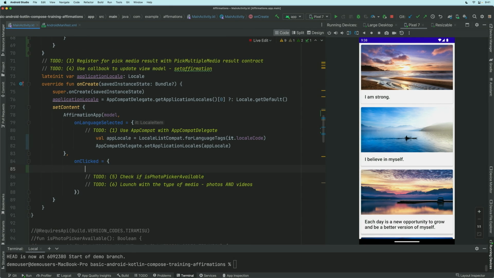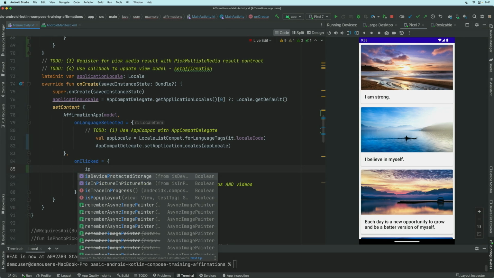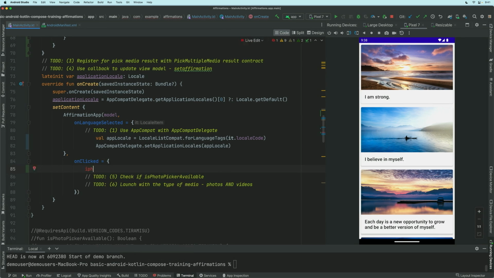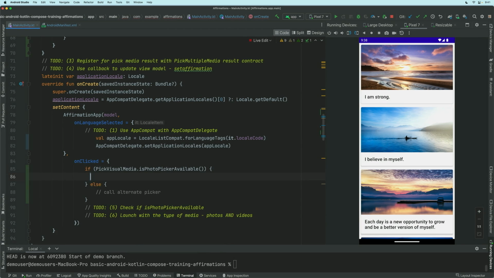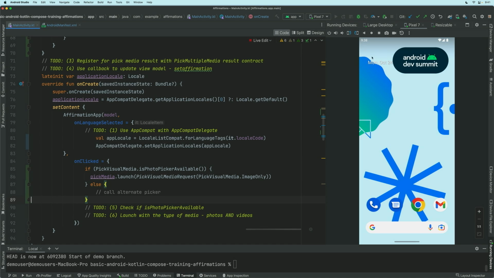So one of the things we can do is type isPhotoPicker... There we are. Is Photo Picker available? And then we can launch it with the type of media that we actually want to select. And this can be photos and/or videos. So let's run this thing one more time. And with that,